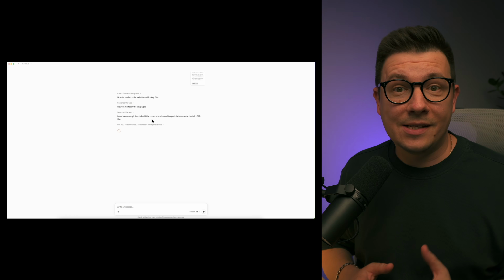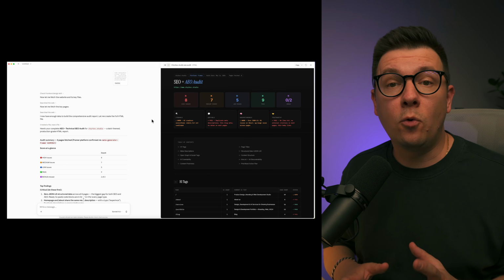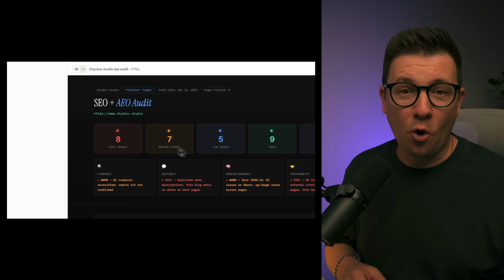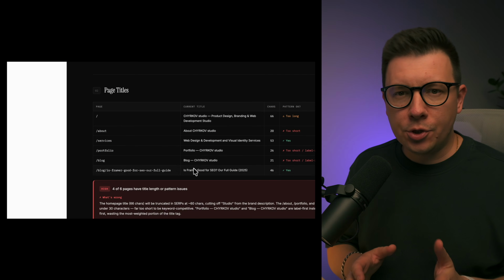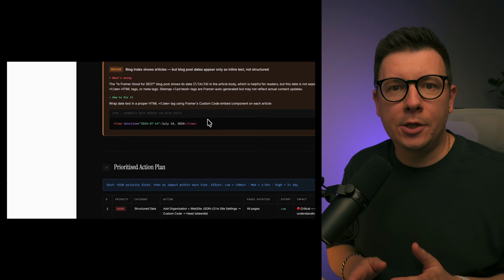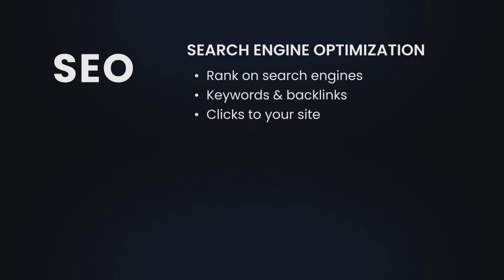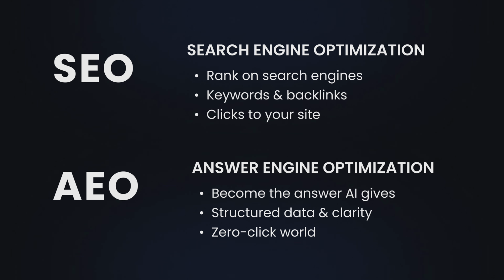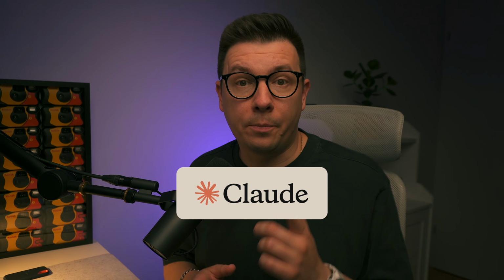This prompt analyzes any website and generates a full AEO and SEO report in seconds. You just paste your URL and it basically builds a web page with all fixes and recommendations. Because search is changing fast, SEO, or search engine optimization, helps you rank on Google. AEO stands for Answer Engine Optimization and helps AI search tools like ChatGPT, Claude, Perplexity pick your website as the